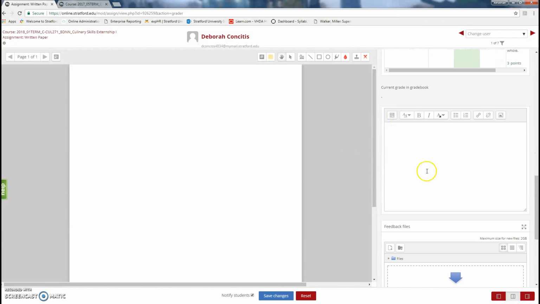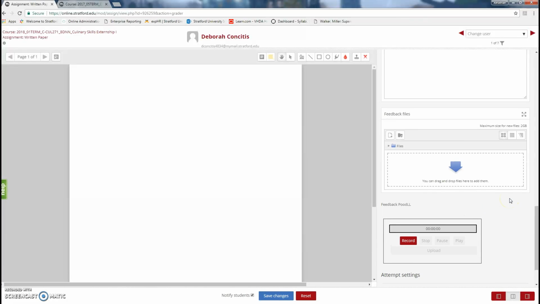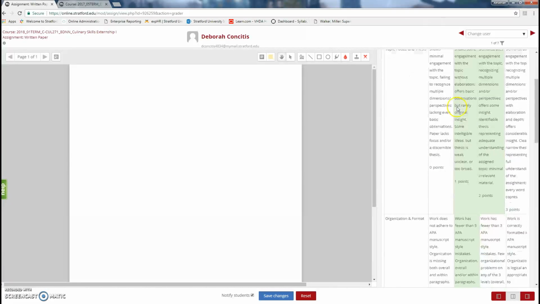You can also write more notes here. And another neat thing is if you have a webcam with a microphone hooked to your computer, you can also record messages here. You can literally hit record, start talking, and then upload it, and then the student, when they come in, can physically hear your messages back to them. The benefit of that is if you don't feel like typing a lot and you have a lot to say, you can start recording and talking to them while you're reviewing their paper here. All right. Once it's done,